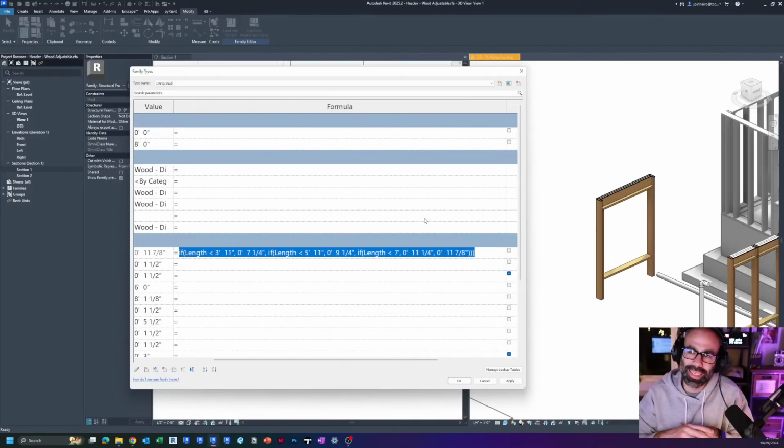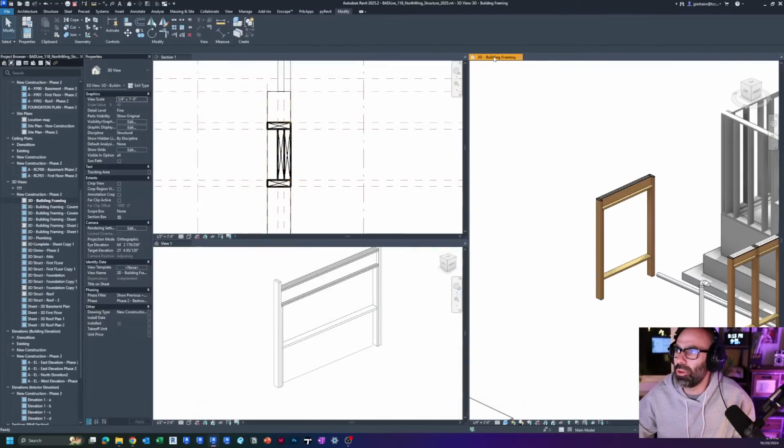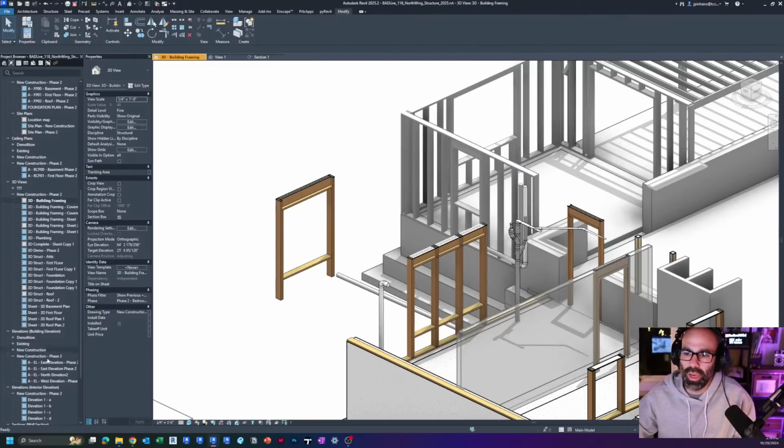So if the length is less than 3 foot 11 inches, then it's a 2x8. If the length is less than 5 foot 11 inches, then it's a 2x10. If the length is less than 7 foot 11 and a quarter, and then all else 11 and 7/8. So it's not picking up everything, and I could make this extremely complex, but basically what it's using is, if I go back into my project here on my structural sheets,